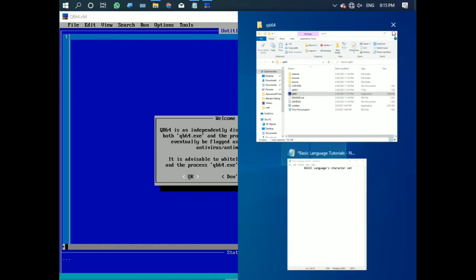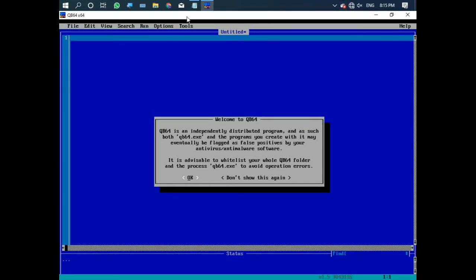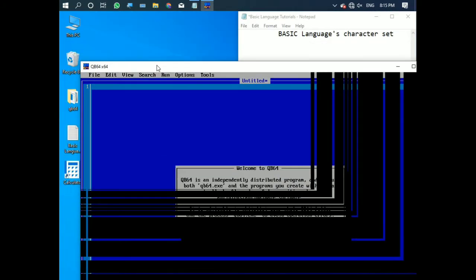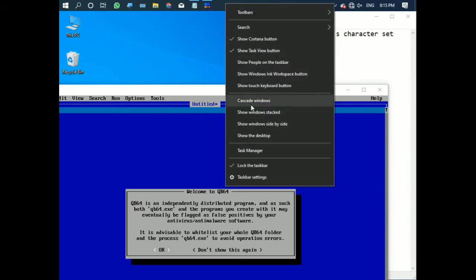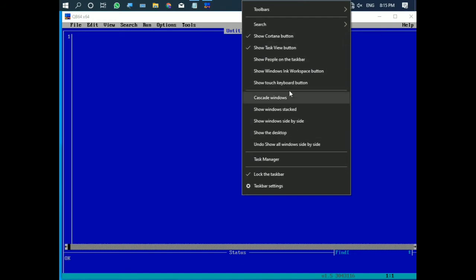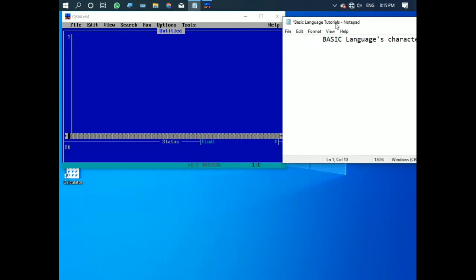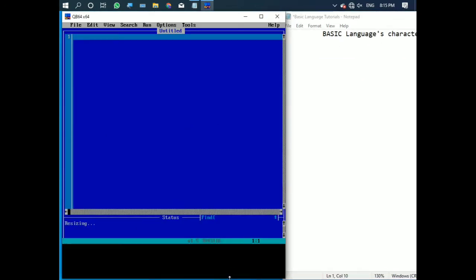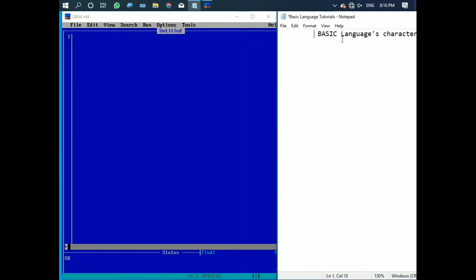So here I'm going to switch, and then place it here also. Here let me tell you one secret: you can right-click in your taskbar and select show windows side by side. Then what will happen is that you can see both files side by side on your computer screen, as I am showing it now. Okay, so here it is.